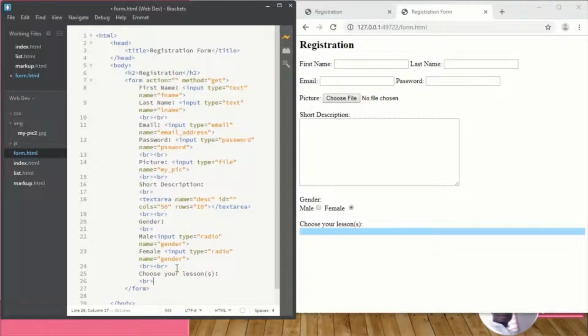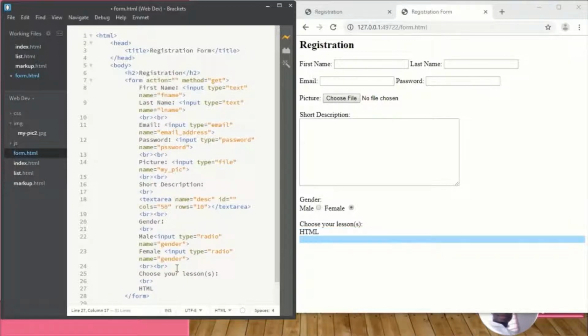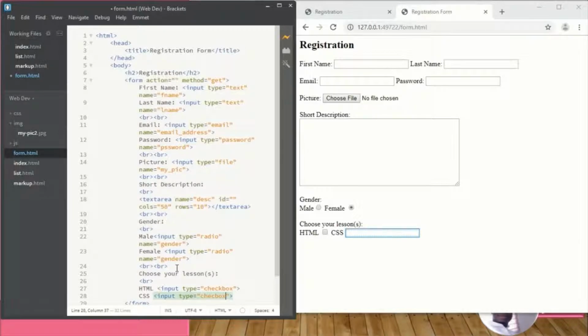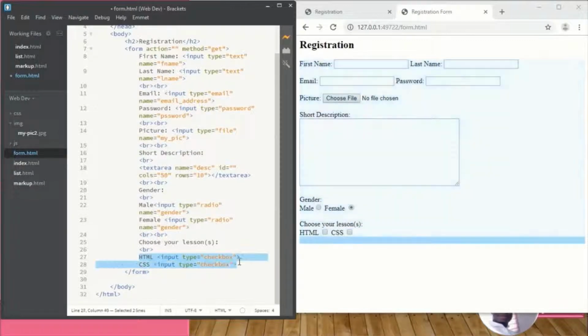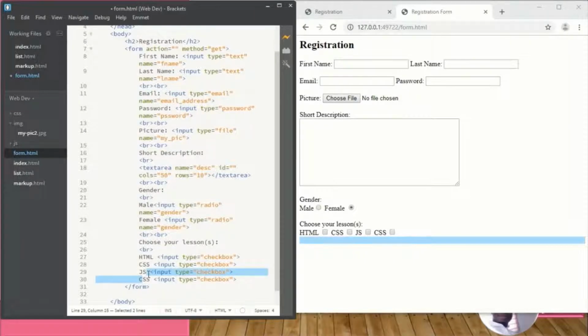Let's bring a break here, and we say HTML, bring an input tag, and then we change the type to checkbox. Okay, and then we bring CSS input, change the type to checkbox. Okay, so let's just copy this and add it. So all we need is JS, PHP,